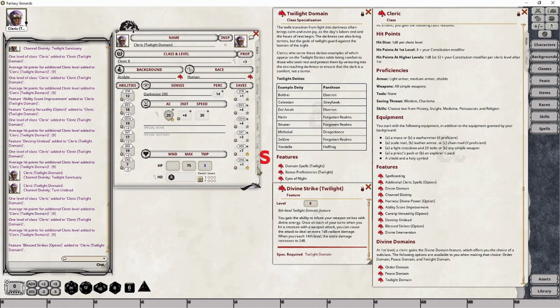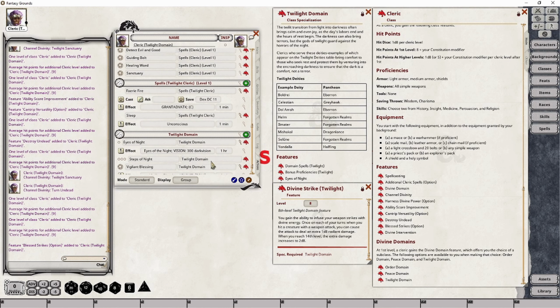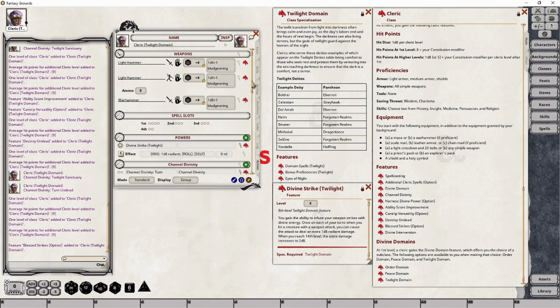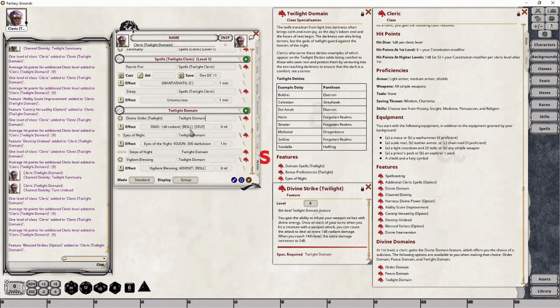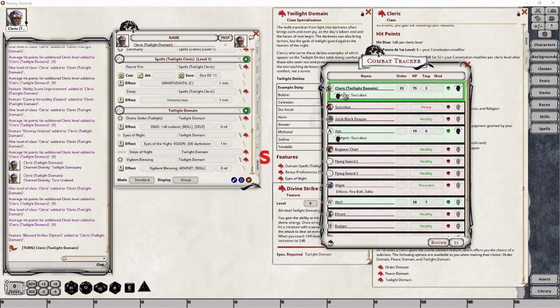So let's go ahead and drop this into our Actions tab, and I'm going to quickly copy the Twilight Domain thing so that when I get it to the top there, I can just paste it. Paste that into place, and the effect is already in place. How this will work, however, is relatively straightforward. As long as our character has the act of doing something, and it could be done during a reaction as well,